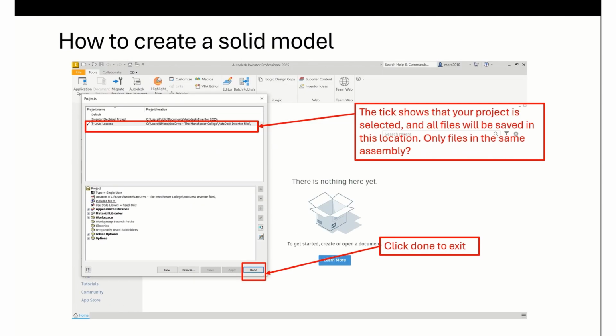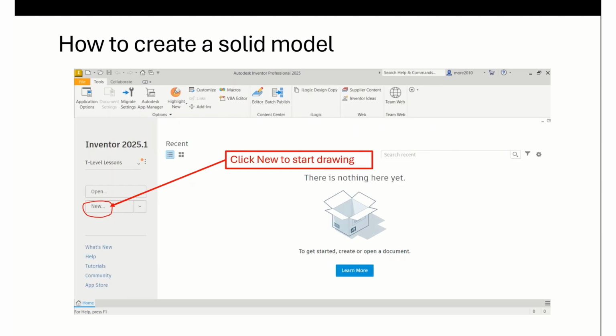So having created that folder, you're going to see the folder ticked in the left corner there, and then you click on done to exit, and that will be the active folder for you to save any file. So if you now open the new